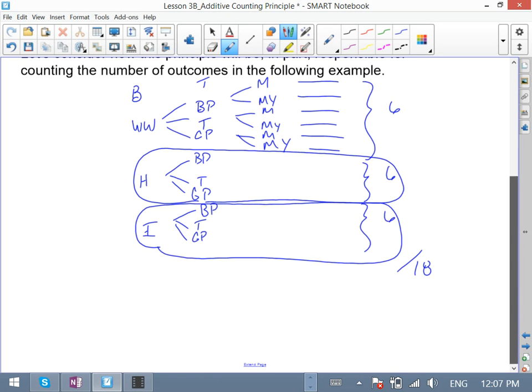What we can say is that the number of ways, so there are 3 here, and 2 here, would have to be the product of 3